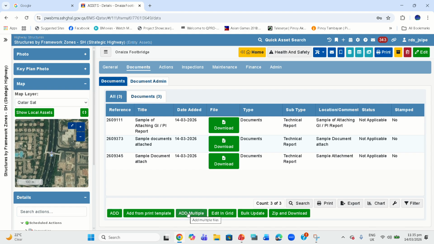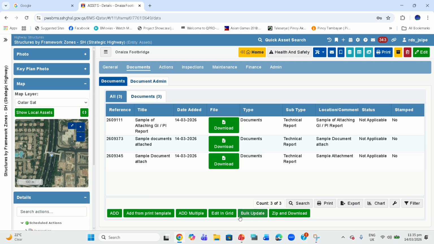But we avoid using Add Multiple because the BMS will go slowly and sometimes it will not upload in the system because of the very slow memory of this BMS. So usually we just use this Add button so that it is very easy to attach.